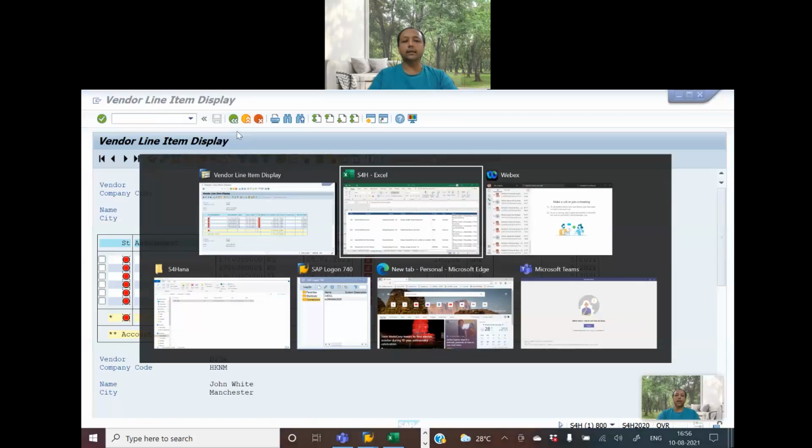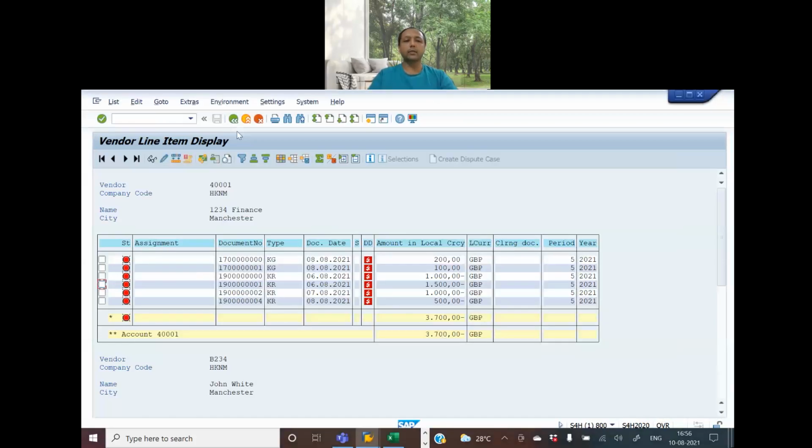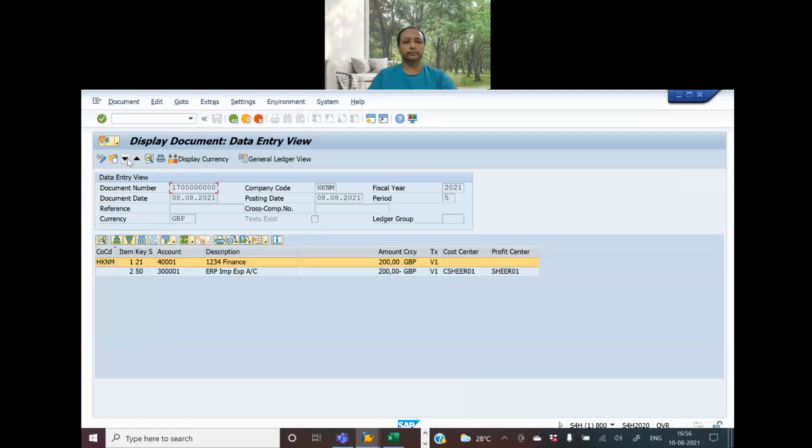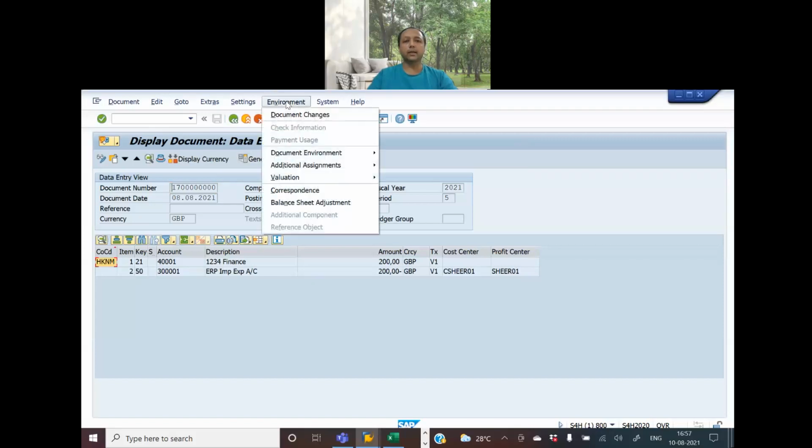So let's go back, and one more thing I wanted to show you is the accounting document. So let me go here. All right, so this is the original document. Now, if I want to see the accounting document, this is not allowing me. Yes. Now, if I go to environment and then document environment, so this is the original document,